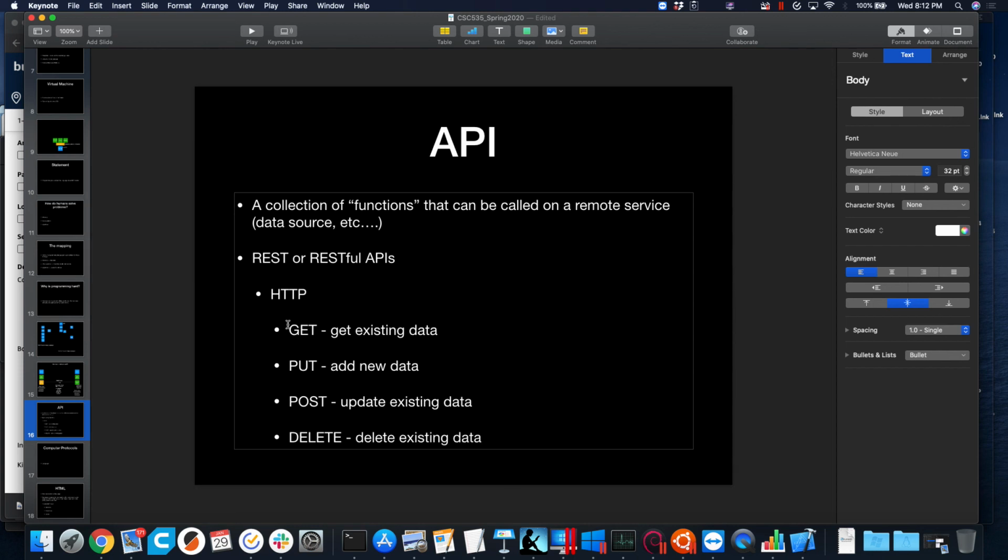HTTP, Hypertext Transport Protocol, has been around since the beginning of the internet. And it's always had 4 functions. Yet, we've only ever really used 1.5 of them. We use get for every single web call. If our web browser asks for www.google.com, that's a get request. Sometimes we make post requests when we have a web form that we submit. But even a lot of web forms are submitted using get requests, where you see the information up in the URL.